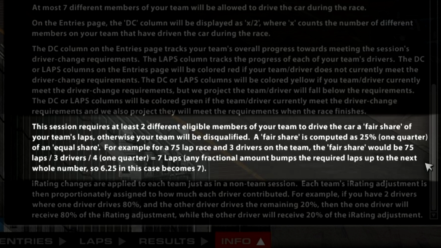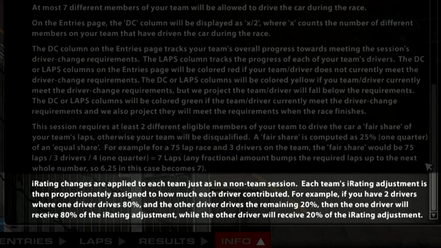Any fractional amount bumps the required laps up to the next whole number, so 6.25 in this case becomes 7. iRating changes are applied to each team just as in a non-team session. Each team's iRating adjustment is then proportionally assigned to how much each driver contributed. For example, if you have 2 drivers where one driver drives 80% and the other driver drives the remaining 20%, then the one driver will receive 80% of the iRating adjustment while the other driver will receive 20% of the